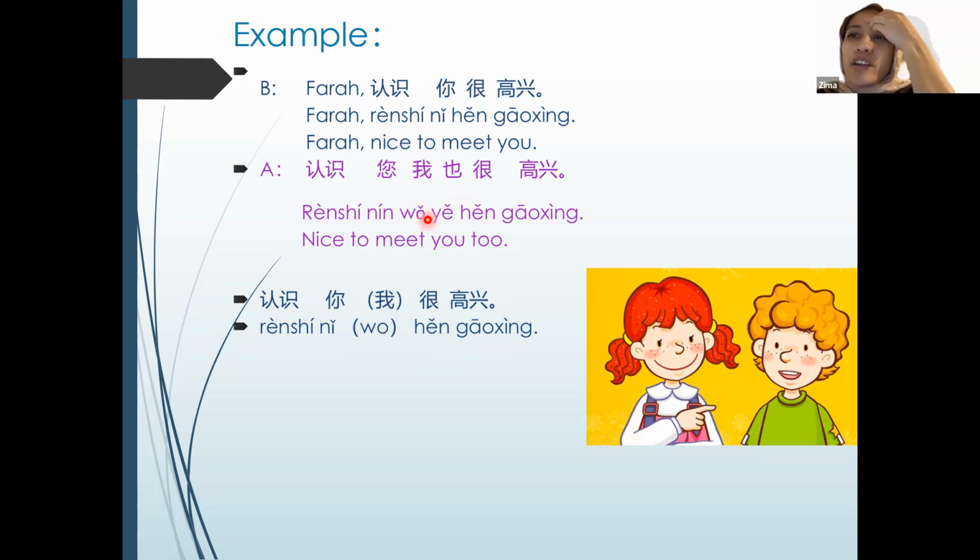Now, remember, just memorize the term as is. 认识你很高兴，认识您我也很高兴. For now, whatever I just rambled might not make sense because this whole thing is new to you. So what you do is go back, just memorize the term as is. But if you want to understand the logic behind it, it's basically what I just explained to you. 可以吗？